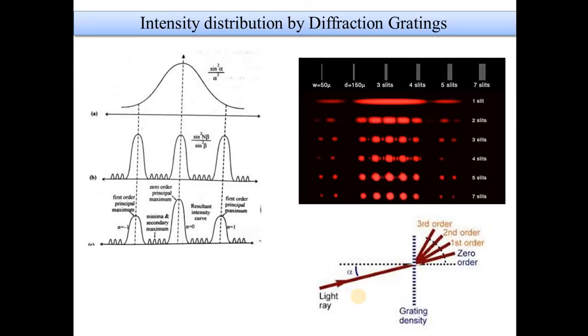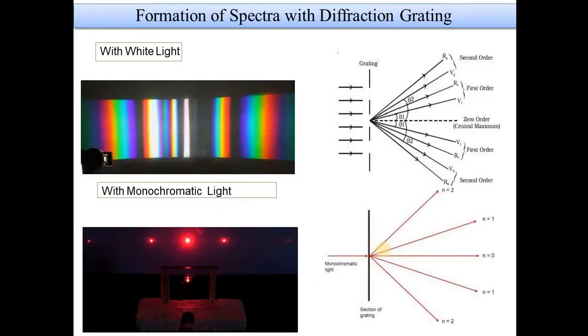And you can see the central maxima, principal maxima and minima and all. Okay, if I am using a white light, that means composite light, what happens? There will be a central maxima followed by a VIBGYOR of first order, second order. Similarly, on either side you will get VIBGYOR of first order, second order. This is the central maxima, and this is the first order having almost from violet to red. There will be another second order from violet to red. And similarly on the next side also you will be having the first order and second order.